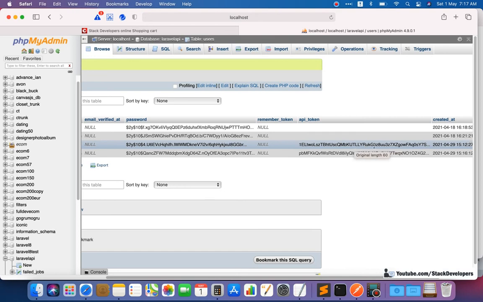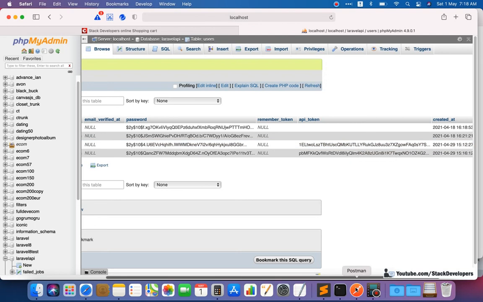This will remain the same for the user, and once the user logs out, this token will expire; we will delete this token. We will keep this token after login as well. So every time the user logs in, we are going to generate a new token that we will use for further operations after login.